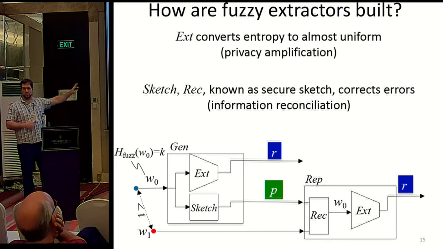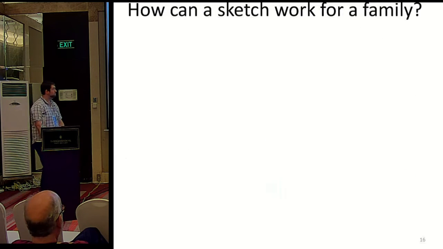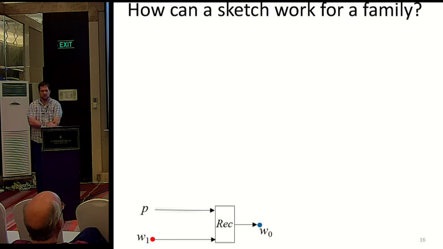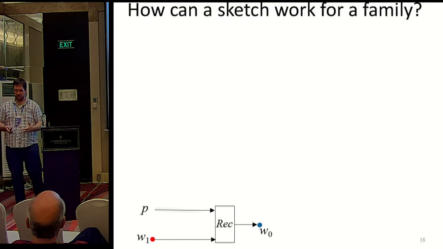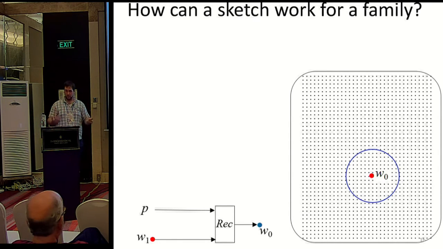Okay. So we're first going to show that it might be impossible to build this for a family of distributions, and that'll provide intuition for how it works for general fuzzy extractors. But I should say almost all fuzzy extractors are built this way. Okay. So let's look at how a secure sketch would work for a family of distributions. So when I'm actually creating the algorithms, the only thing I see is my input point, W0. I may have a guess for what other points in the distribution exist, but the only thing I actually see